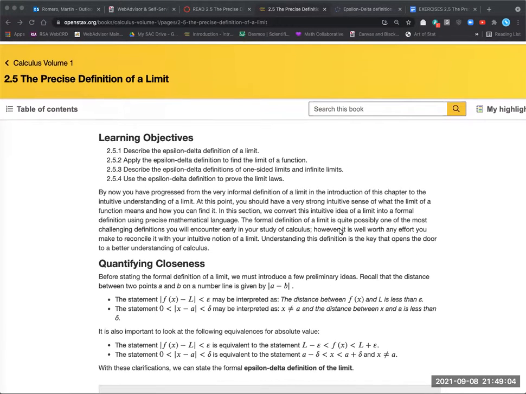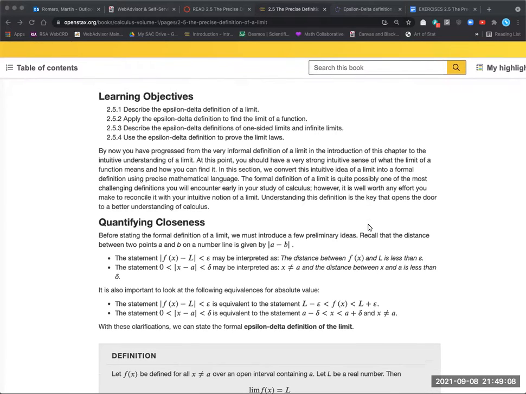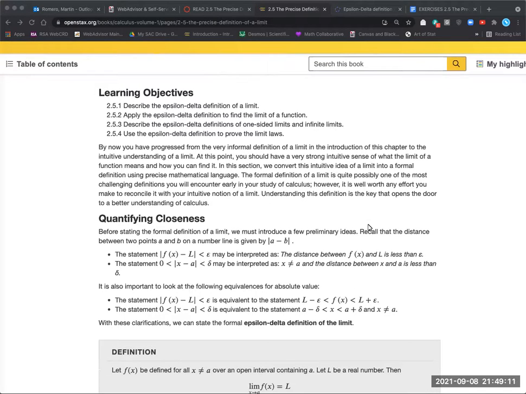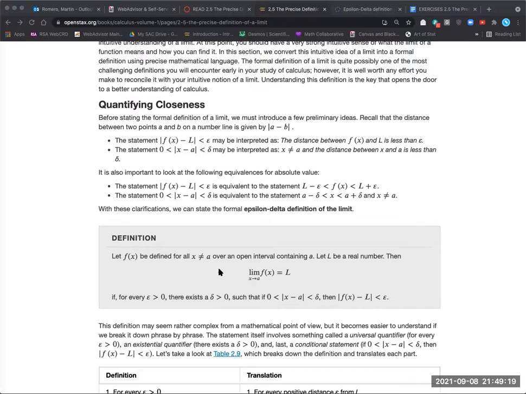Let's go ahead and take a look at lesson 2.5, the precise definition of a limit. This section is probably the most abstract section we'll encounter in this course, so it may appear difficult. It looks complex. It could be confusing, the language, but it is at the heart of the definition. Well, not the heart, it is the definition of a limit, but it's kind of the heart of what mathematicians